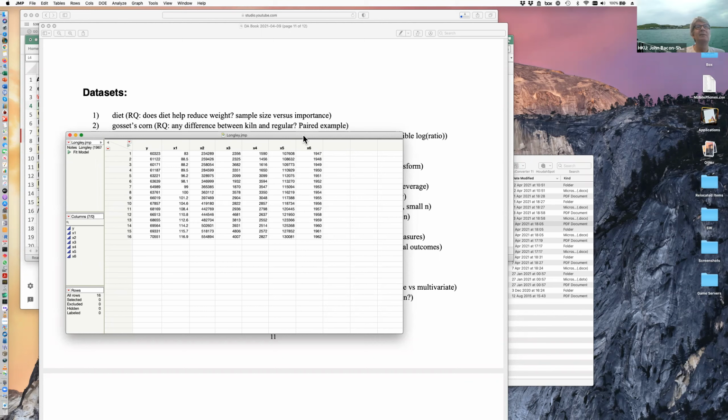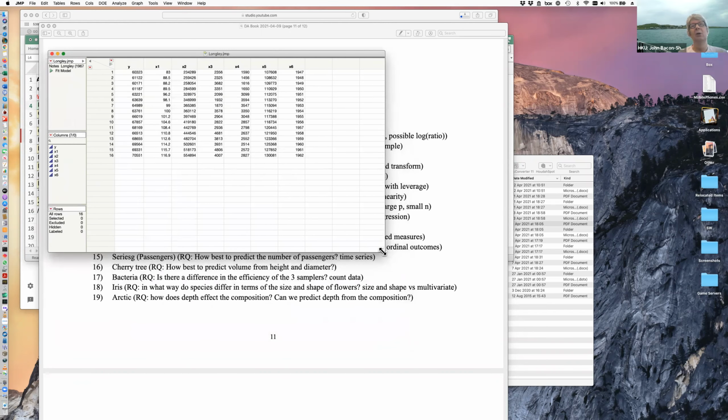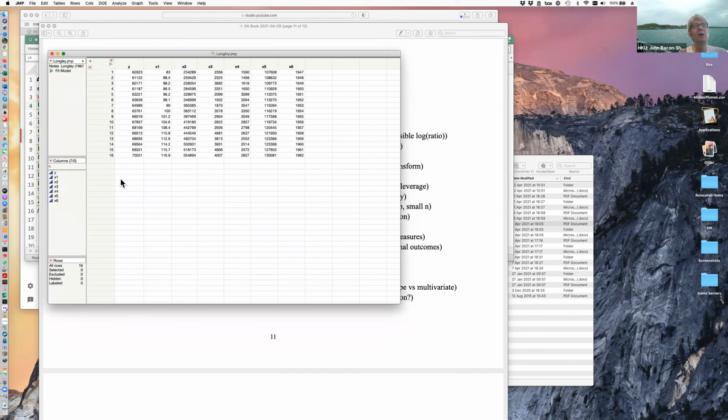So if you want to estimate the variance, let's say here we were looking at our values of y in Longley. We wanted to know what was the variance. Now you'll notice that the values of y are all in the range of 60 to 70,000. So if you try to calculate the variance by just simply saying the sum of the squared values minus n times the mean squared, or sorry, the sum of the squared values over n minus the squared mean value, then you have a rounding error problem because